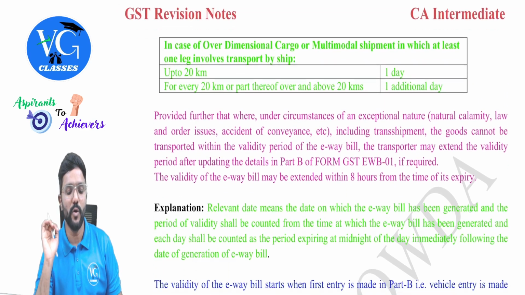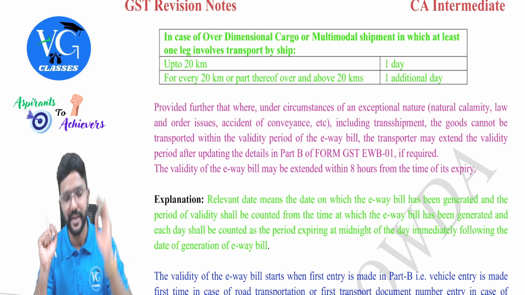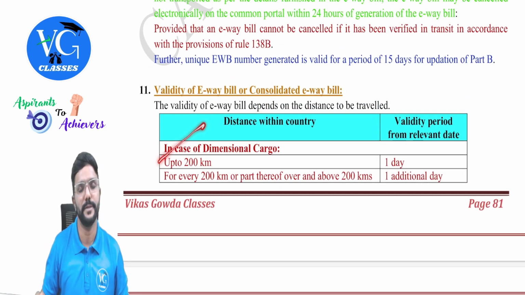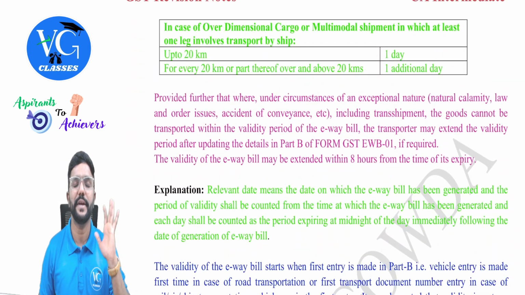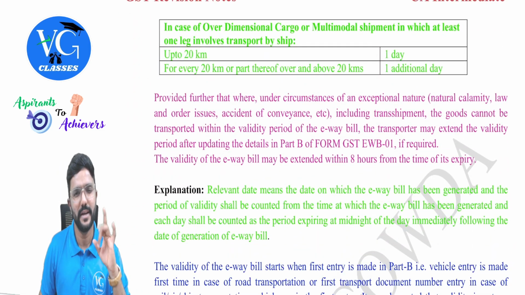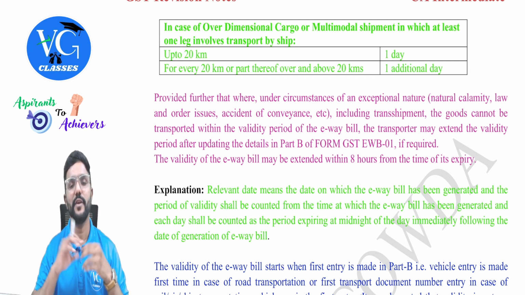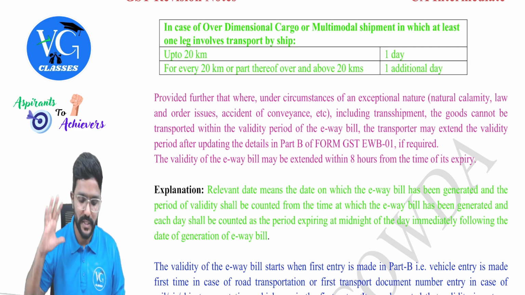And what is over-dimensional cargo and all, you need not worry, because that is not a part of GST. If it is dimensional or over-dimensional, they will be giving it in the question, guys. If by chance the question is silent, you can go with dimensional. If they clearly say over-dimensional, you can go with that. But they will give it, guys, because obviously we cannot decide based on the length of the vehicle and all. Will we have an idea about it? No. Got it?